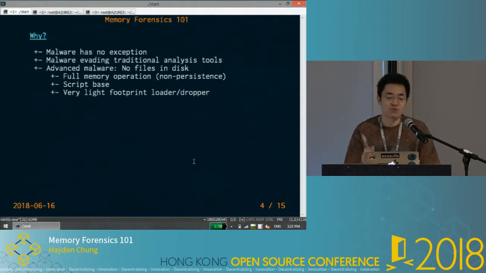So even malware is no exception. Malware is usually disk-based, but nowadays we can find more and more malware evading traditional analysis techniques. They are using advanced techniques to hide themselves. Advanced malware now usually leaves very little trace on disk. Some of it is fully memory-operational, which is non-persistent. Every time they execute, they will exploit a flaw. And some of it is script-based, which is very hard to detect, with a very light footprint of a loader or